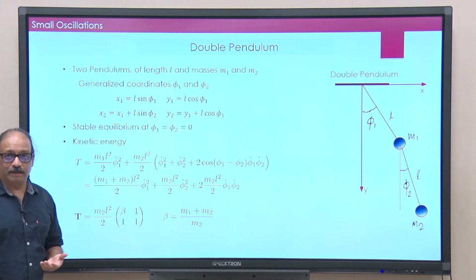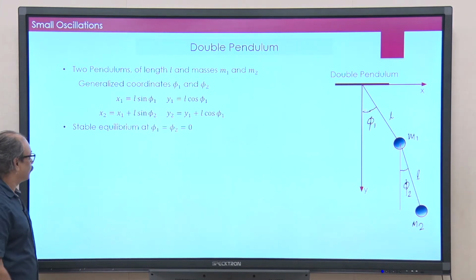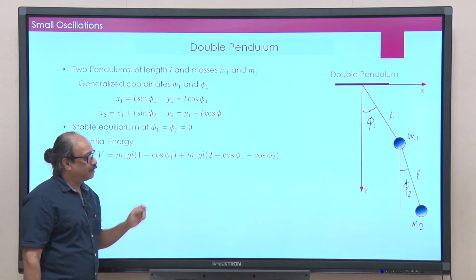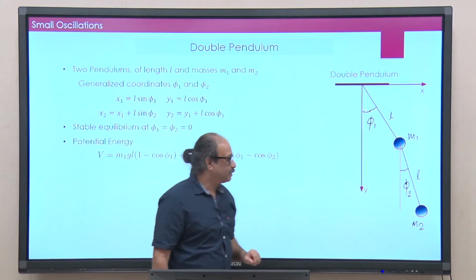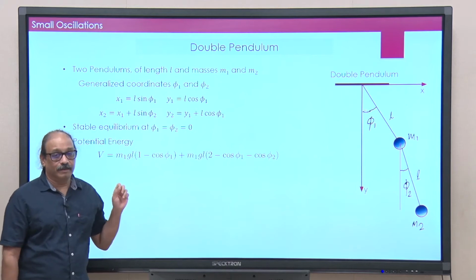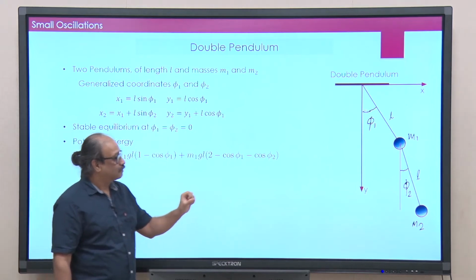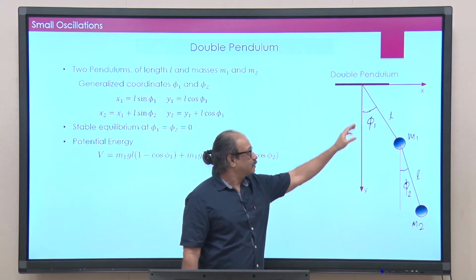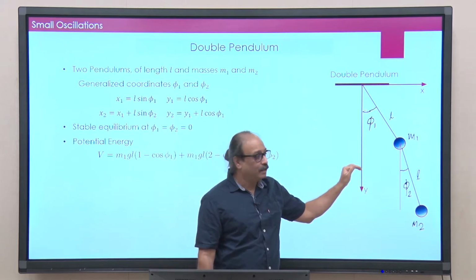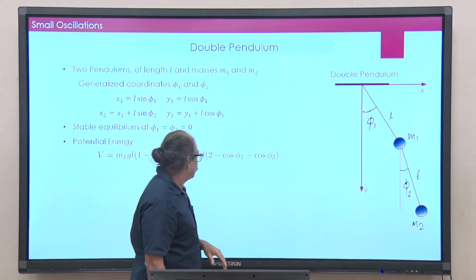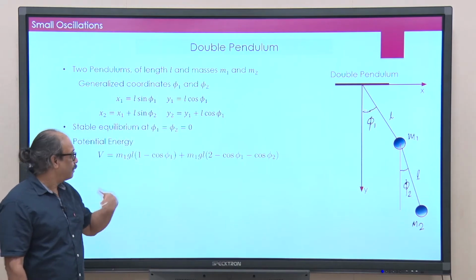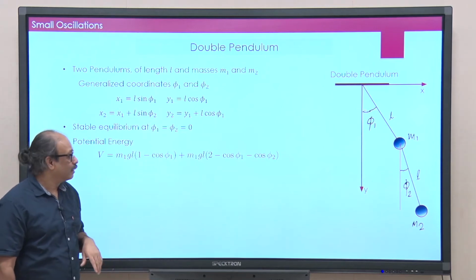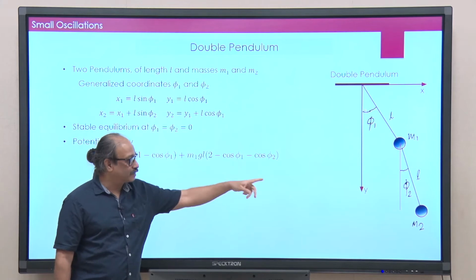Now, you look at the potential energy matrix in the same way. So, the potential energy matrix you write down. So, potential energy for Bob 1 is basically mg into L minus. So, if it is here at the equilibrium position, its y coordinate would be L, and then it has been shifted up. So, it would be y minus L, and that would give me mg L 1 minus cos phi 1 as the potential energy, and also for the second one.